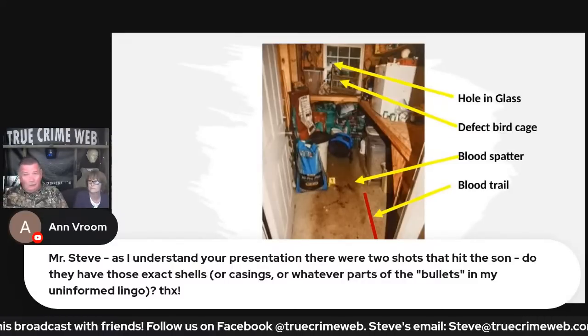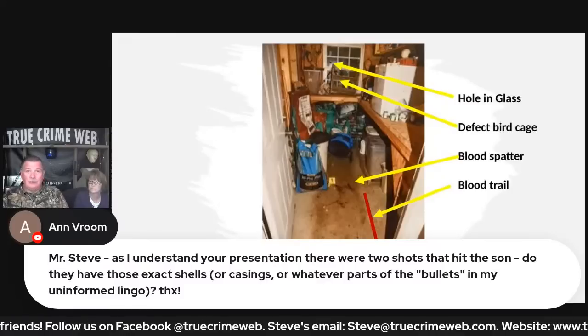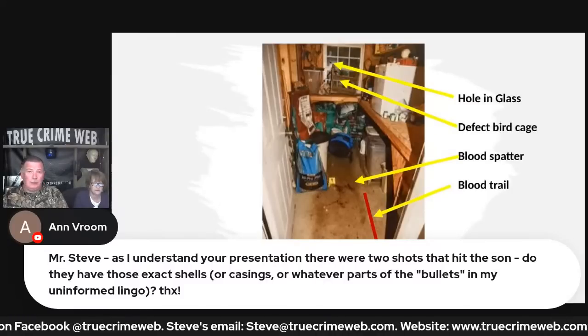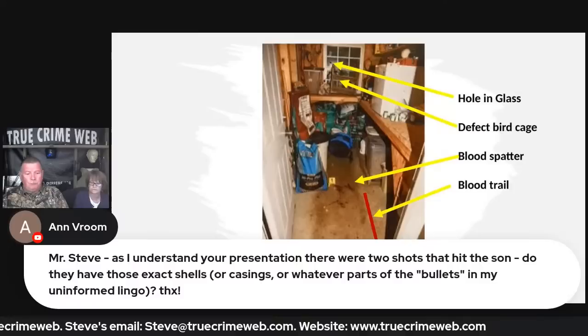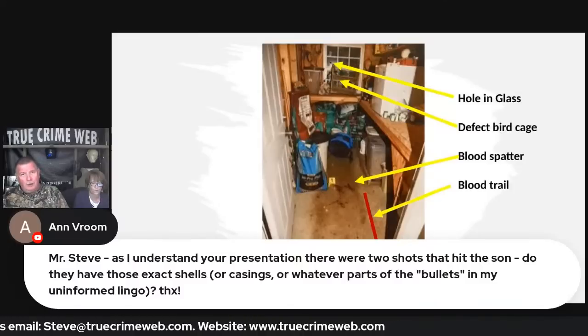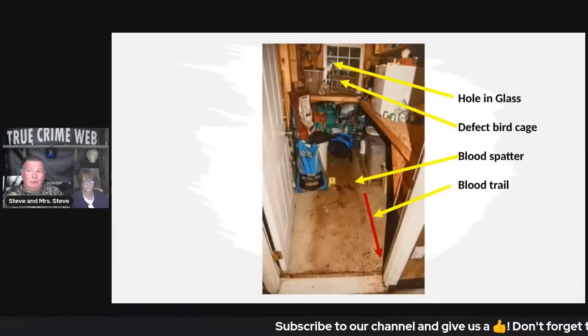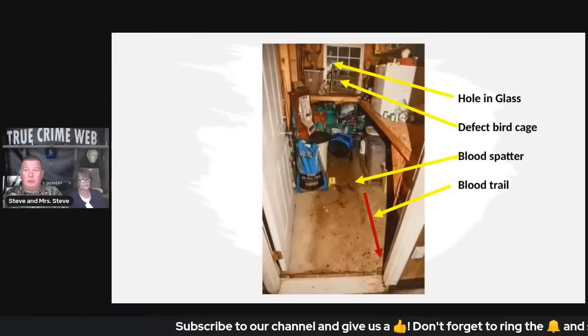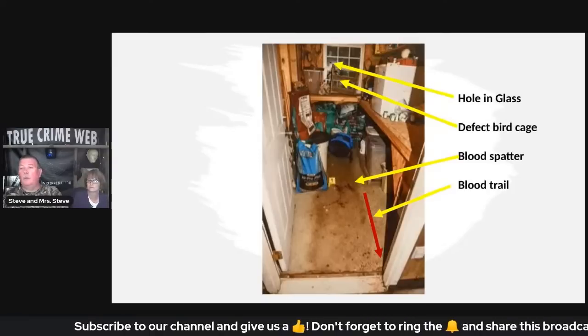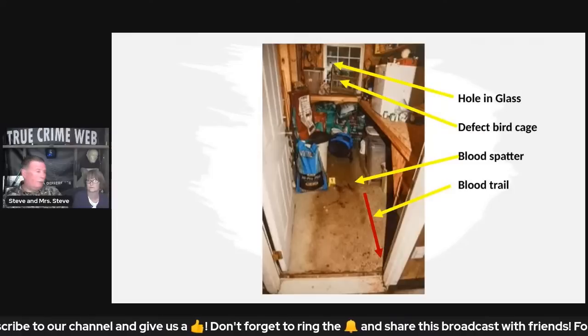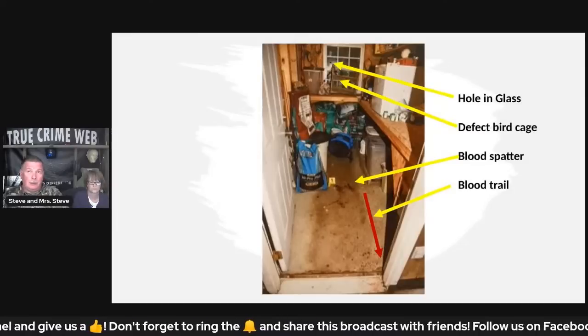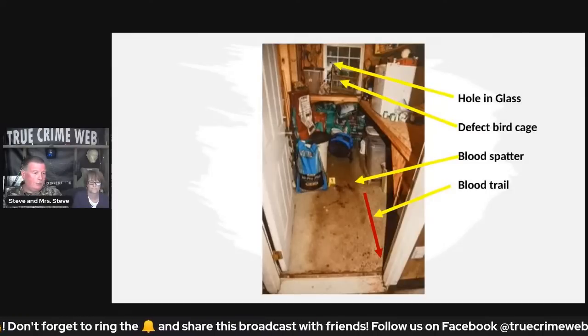So they may be dozens and dozens of rounds that were recovered, spent. I don't know. But did they recover both of those shot shells? I would expect so, for the fact that I know they recovered a couple of spent casings from the room. Were those the ones involved? I don't know. I'm looking forward to catching up on all that evidence.